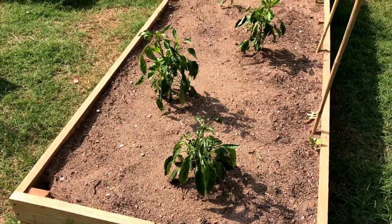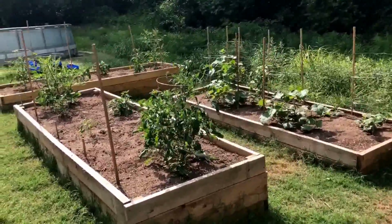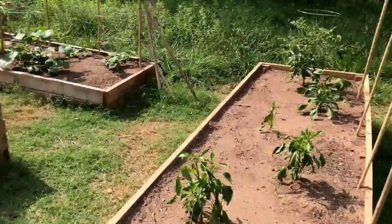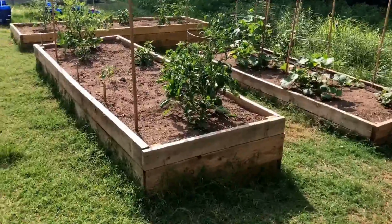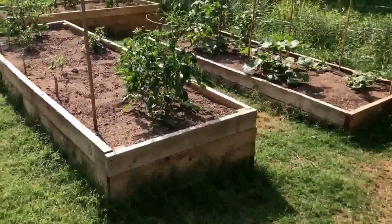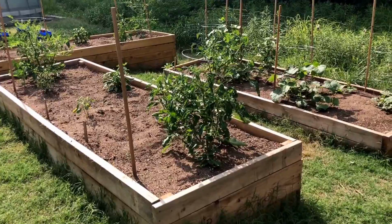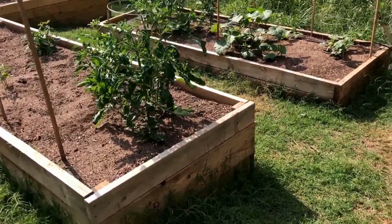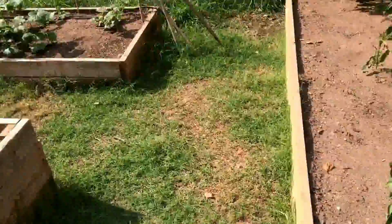Alright, so today is May 9th, and I'm going to give you a good update on how everything is growing. Everything is growing really nice. We did have a lot of rain, and then suddenly the sun would pop out, then it rained again, then the sun would pop out, and because of that I actually got some weather damage to my leaves. But other than that, they still look great, and they are coming back and forming new leaves and growing very nicely. So today I brought my handy dandy note sheet so I can actually tell you what each of these